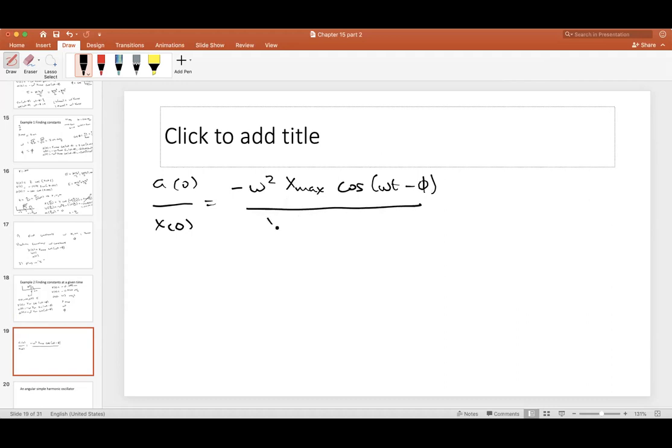And don't forget that cosine of a negative angle is equal to cosine of the angle, right? Doesn't matter here because notice these cancel, right? And so we have